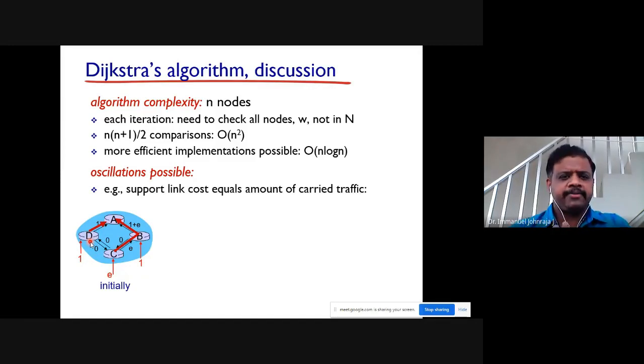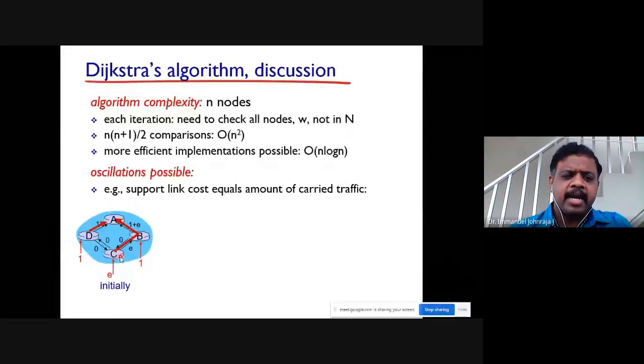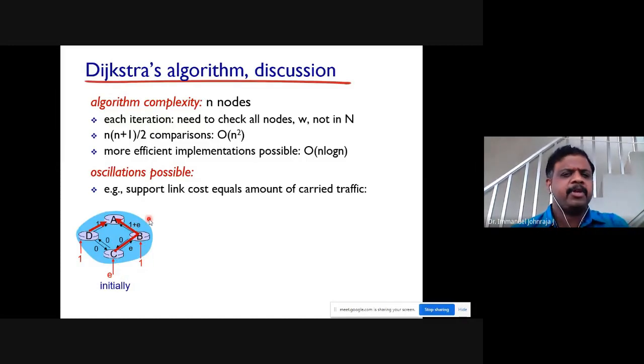Okay, so that is the first step. So what happens? D, initially the load is not there, so it sends the packet through this. Now the link becomes 1, and E forwards the packet through B to A. Hence, this link becomes E, and then this link becomes 1 plus E, because he is sending 1, he is sending E. This is becoming 1 plus E. You know what would happen after that?